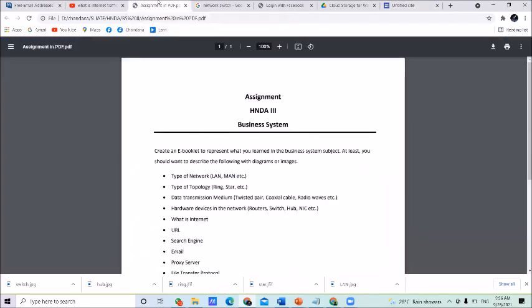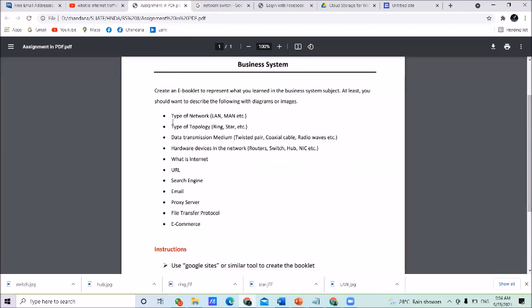Right. According to this assignment, you want to create a separate page for each title. You want to create a separate page for these points here. Here I am giving you 1, 2, 3, 4, 5, 6, 7, 8, 9, 10, 11. 11 points here. Therefore, you need 11 pages, one for each of these points.